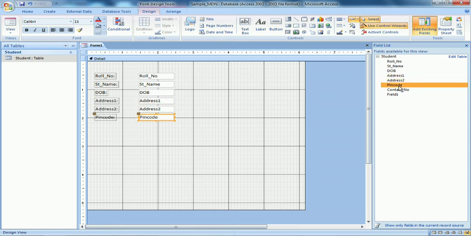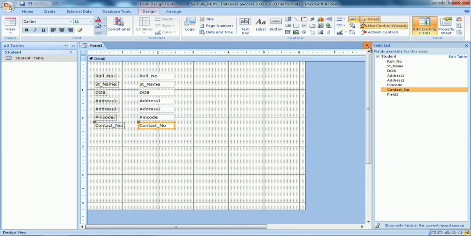So one by one I will double click and I will place it on the form. This is how I placed my form in the form design.